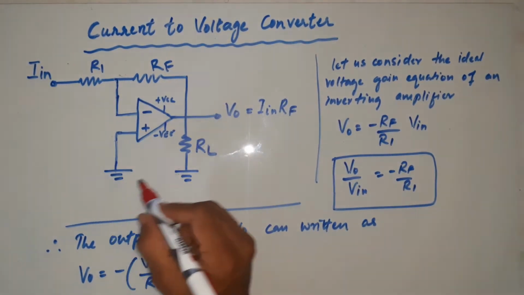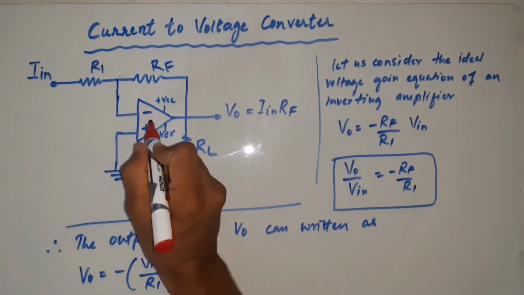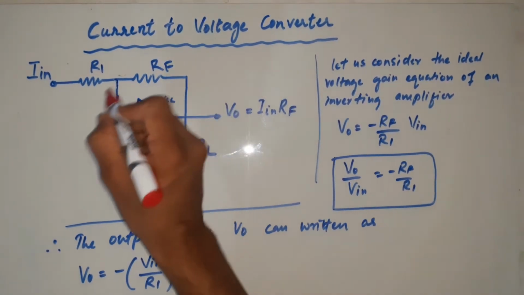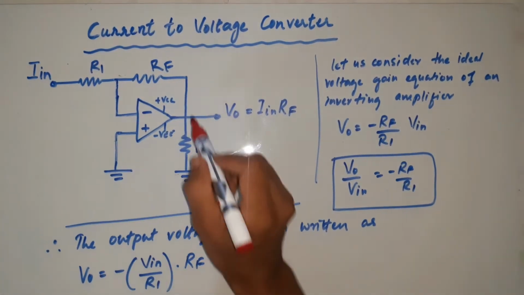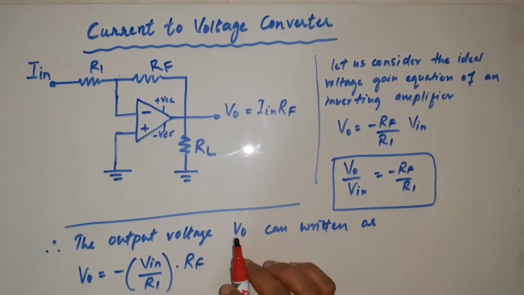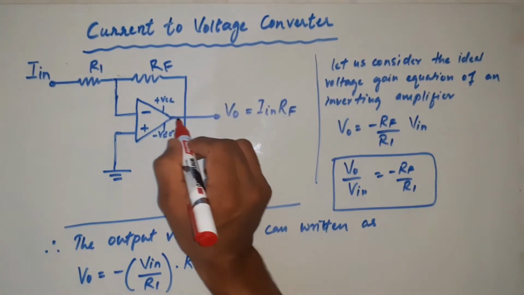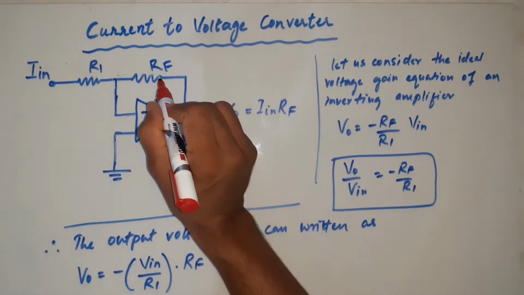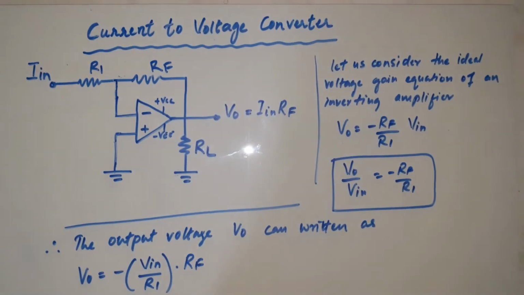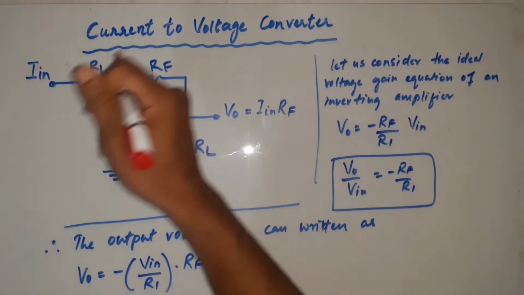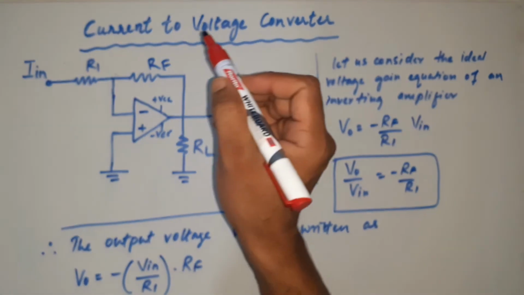So this op amp is being used in inverting mode, means the input is applied to the inverting terminal. So this is a very simple inverting amplifier circuit. If you just concentrate on this circuit, this is your basic inverting amplifier where the non-inverting terminal is grounded and inverting feedback is provided with a resistor RF, then input resistance R1, this is your output, this is your load resistance, right? So this is your basic inverting amplifier which can also be used to convert current into voltage.